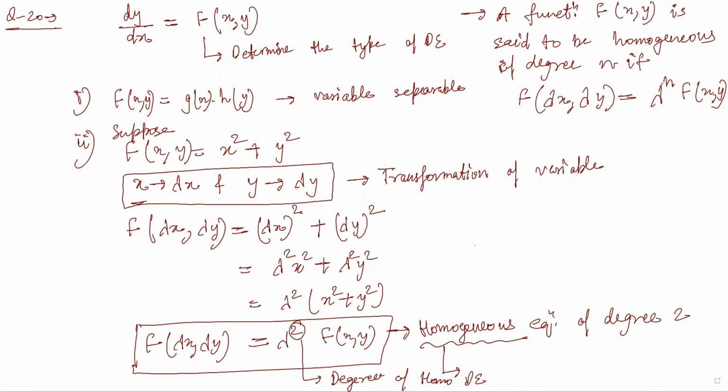And whatever power of lambda you have is called the degree. So this was of degree 2 because we got lambda square, right? Now what we are dealing here with this,